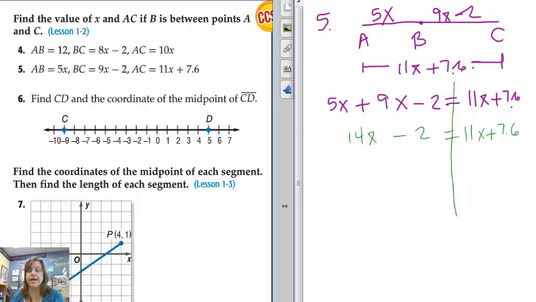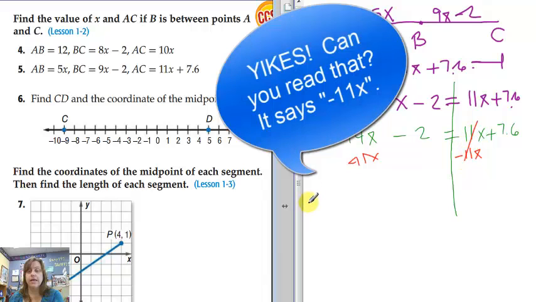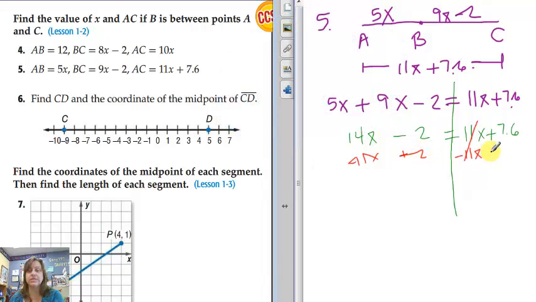Now let's combine x's on one side. Since most of them are here with a 14x, I'm going to subtract 11x's to take them off of this side. And I'm also going to try to move the 2 over to the other side. So by adding 2 on both sides, I can do that. There's a cancel there. So now we recombine the terms, which is going to be 3x's equal over here to